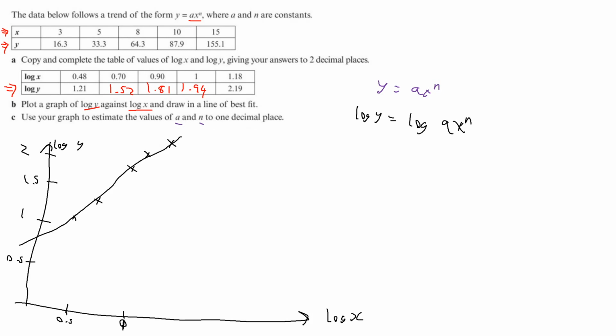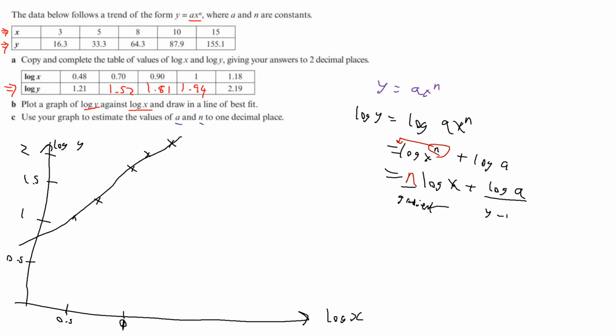Make sense? Now, ax to the n is the same as a times x to the n. So that's just log x to the n plus log a. And then we can take this out of the function and put it in front. And so our final answer here is n log x plus log a. I wonder what that looks like. A straight line. So, what we can do is we can say that this and this is our gradient